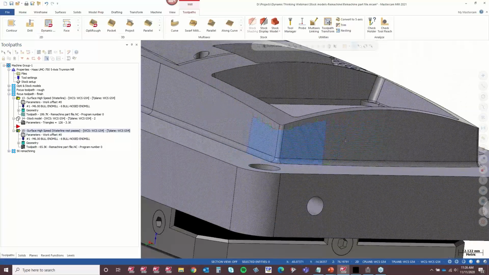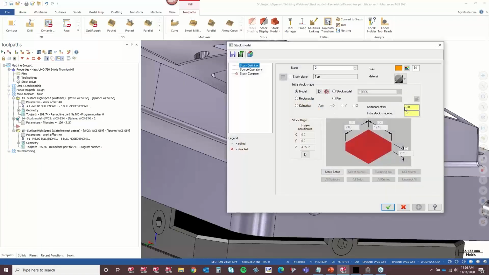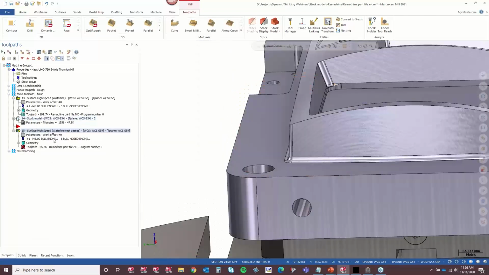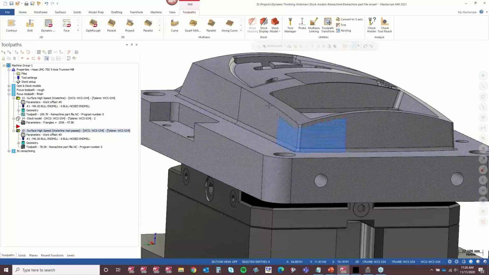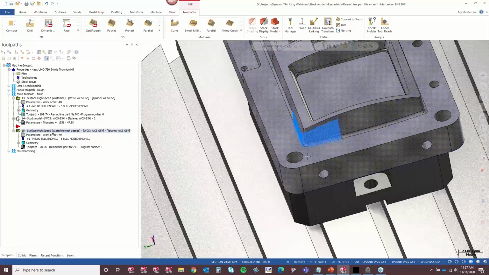Now, say we want this to blend out further, right? Well, very simply, I can just re-go into that stock model, relaunch that stock model, and say, I want it to extend out 10 millimeters in all directions. What I'm doing is blowing up that stock model. This is referencing that stock model, a quick regen, and now that toolpath is extended out. Again, gouge checked against everything because it's smart about where that is, right? And now it's seeing just stock in those areas, so that's what it's going to attack.